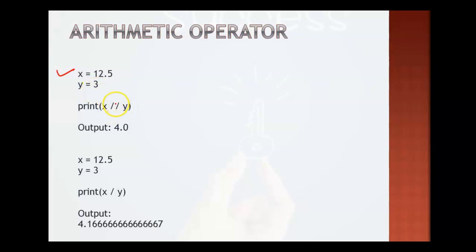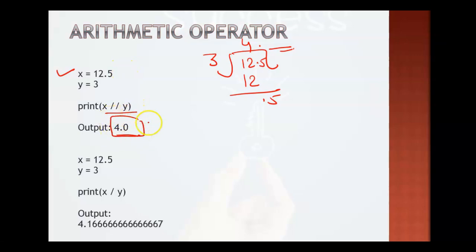If you are using the floor division, in that case you will get the answer in integer. I mean, it will just skip the decimal part. So when you divide 12.5 by 3, 3 times 4 is 12, okay, and then 0.5, so something in decimal will also come, that will be skipped by the compiler. So you will get the answer 4.0 only, right? Otherwise it should come again 3 and like that, okay.